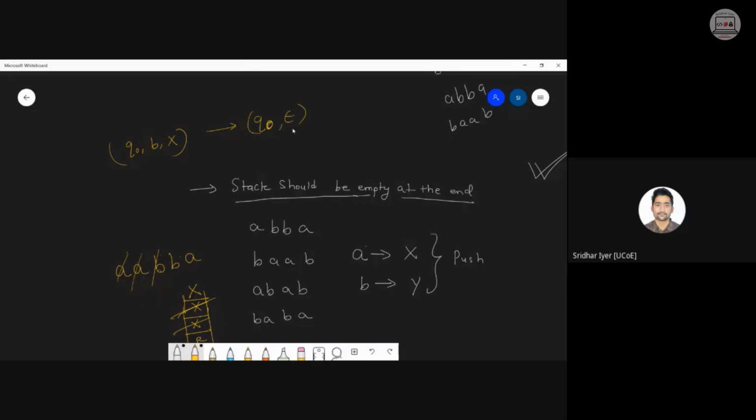In the previous questions, we saw that there was a pattern: first read A, then when B comes, pop all of them. Correct. In such a pattern, there was actually a rhythm. First read A for pushing, and then when we started reading B, pop it up. That's why we used to change the state. But in this case, there is no fixed pattern. We can encounter an A anywhere in the string. We can encounter a B anywhere in the string. It is ambiguous because we don't know which symbol is going to follow next, right? That's why we can't change our state.